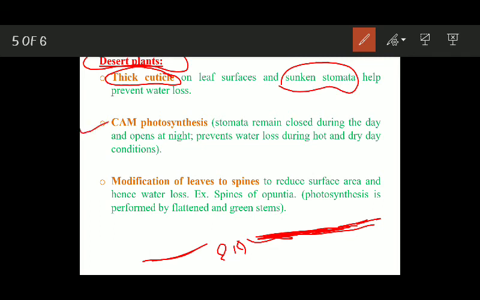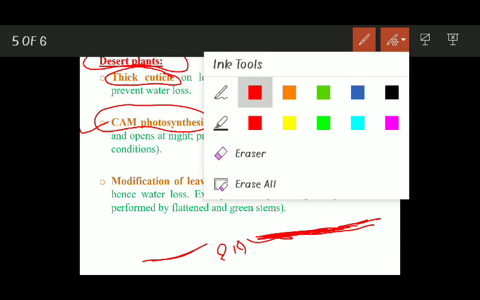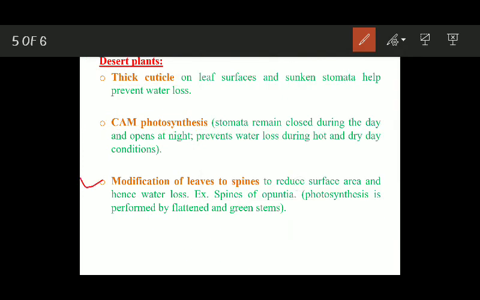The second adaptation of the desert plants is CAM photosynthesis, crassulacean acid metabolism. What happens in this? The stomata remain closed during the day and open at night, and this obviously prevents water loss during hot and dry day conditions. And in some other desert plants, it has been found that the leaves get modified